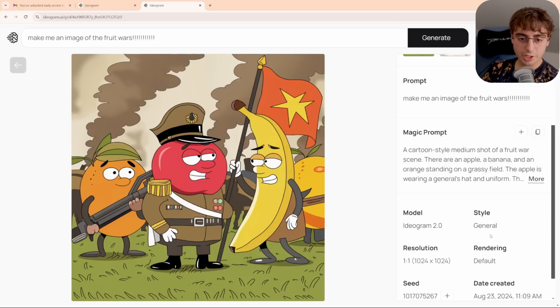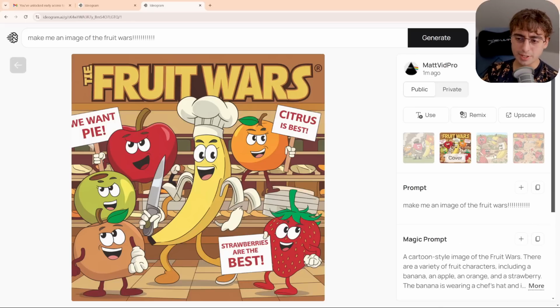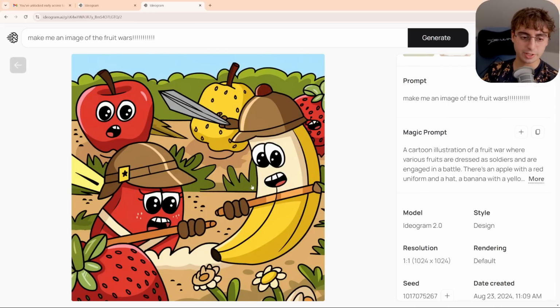You can see this one was actually in the general style, and it did a pretty good cartoon style, I think. Like, this looks like a straight-up Adult Swim cartoon or something like that. And same thing with this one, especially with the text, and then this one actually used the design, and again, I think that comes out very clearly with the faces.